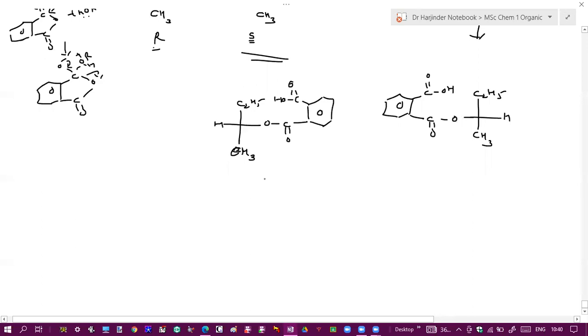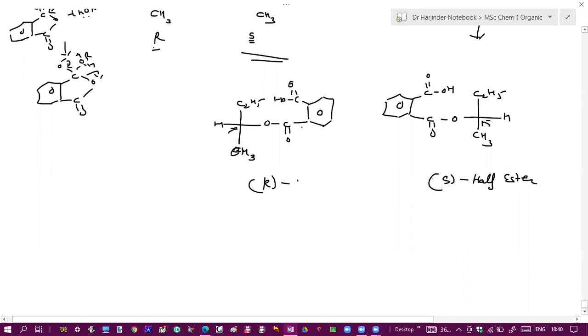Diastereomeric. Are you sure? Where is the second stereo center? Sir, one is the carbon to which the alkyl RO group is attached, and one is on the benzene. One is this original. Tell me the other. Where is the second stereo center? Benzene? Sir, on benzene. Are you sure?